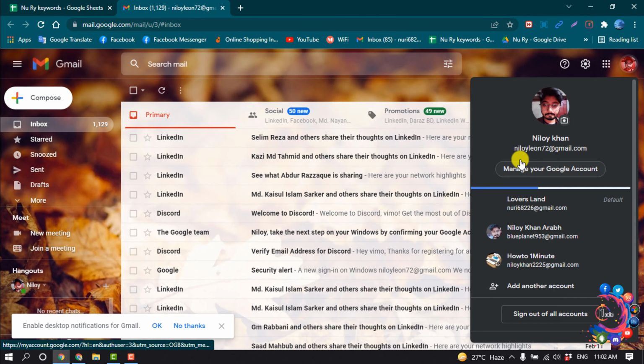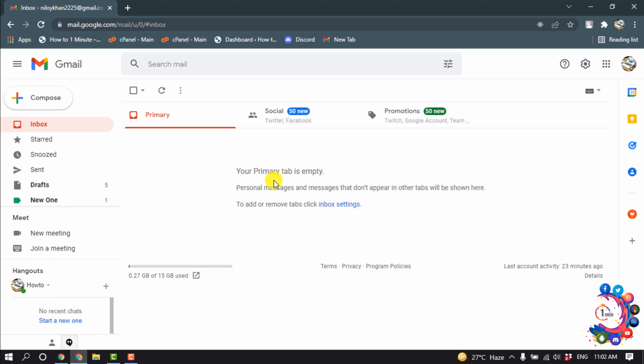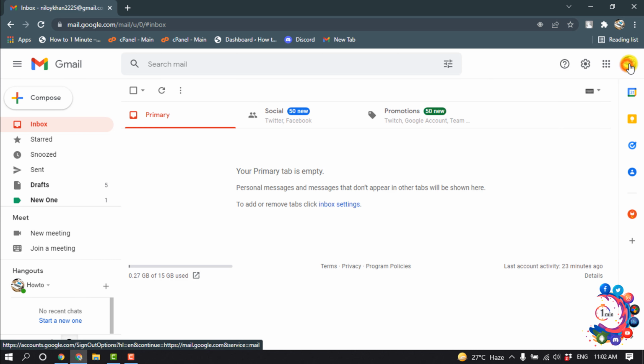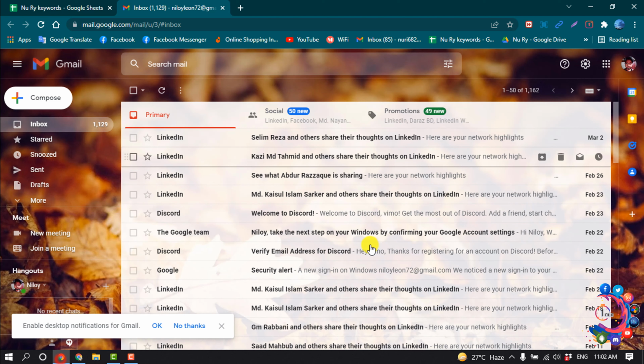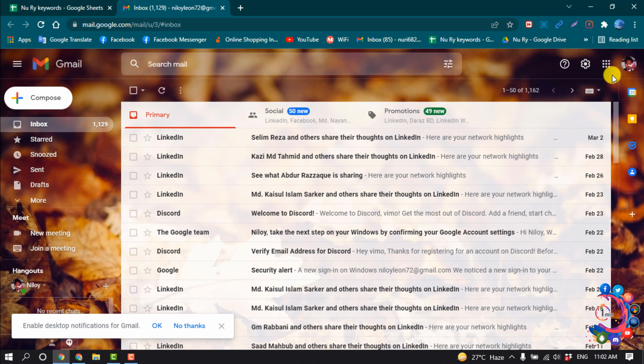So this is my new Gmail account and this one is my old Gmail account. To change your email address you have to create a new email account, and after that we are going to forward this email to our new email. So for that, first of all, open your old email account and then go to settings